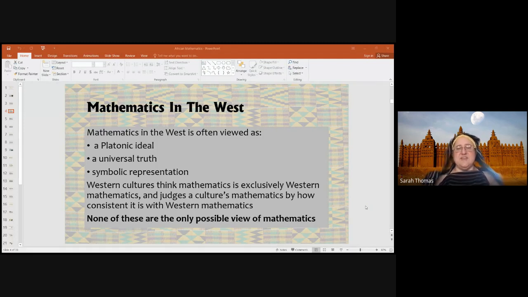But this idea that we have is pretty cemented in our culture, that this is some universal truth, that if everybody doesn't have it the same way, they just haven't discovered it, that everybody's going to discover this stuff in the same way, and if they haven't, they're not advanced enough. Wow, how Victorian and colonization type orientation. Okay, these are not the only possible views of mathematics.